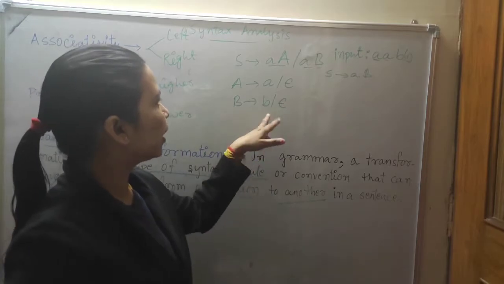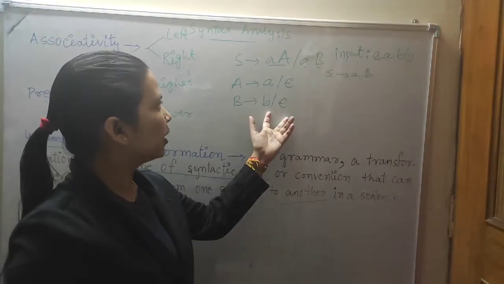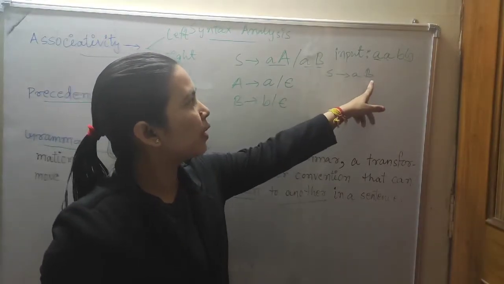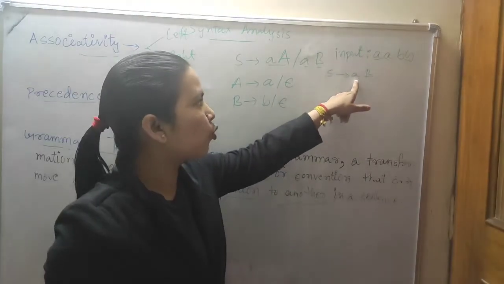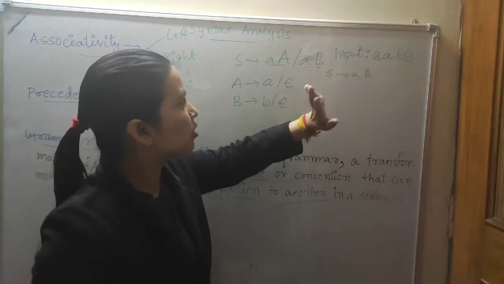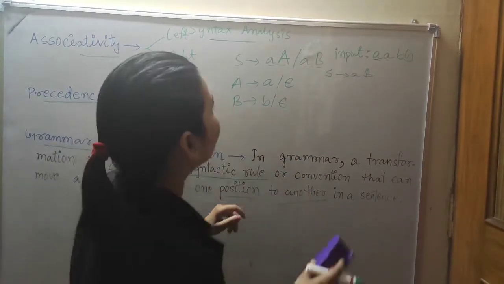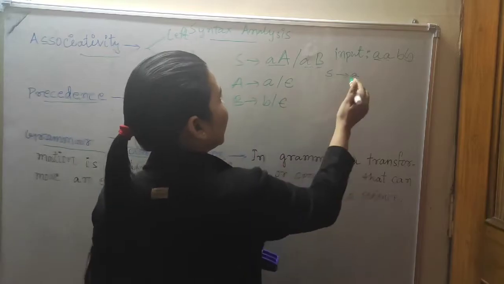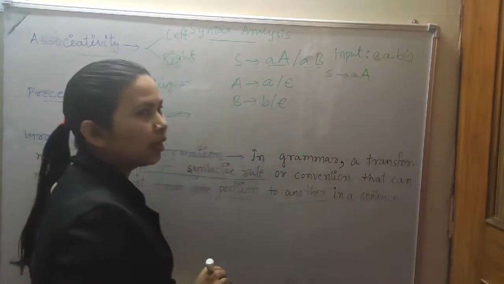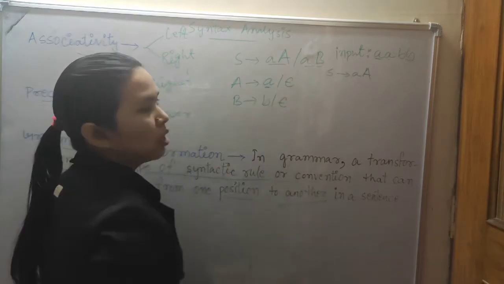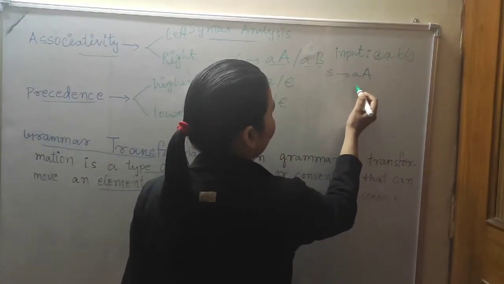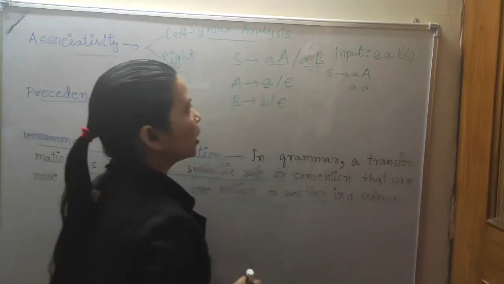If I want A, I cannot generate A here. Yes, it is B or epsilon. If I take epsilon, that means it only generates a single output, only A. So this is wrong. So then now we will go from AA. Now A to A, we can generate only one single A. So then it is AA only that will be generated.